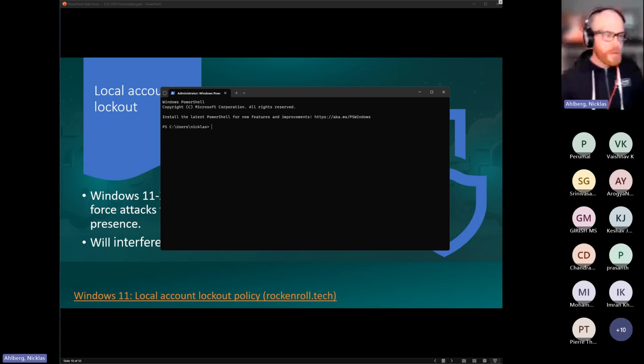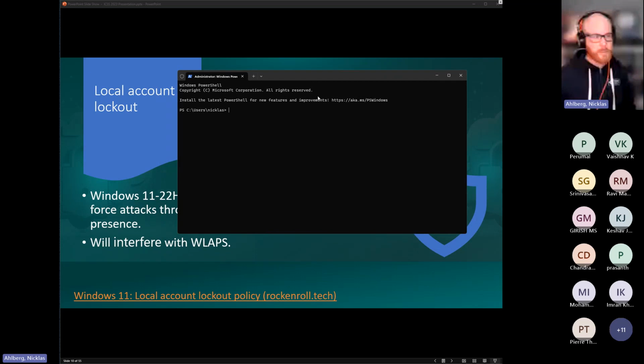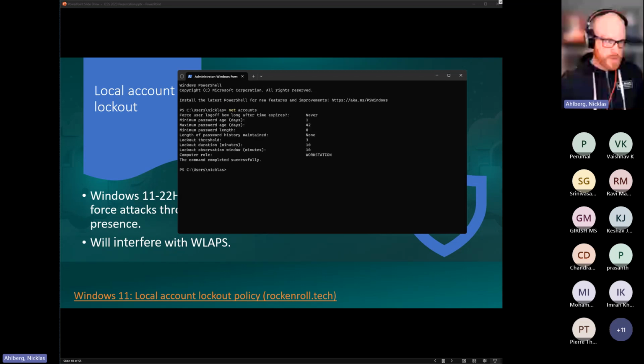So there is no possibility to use Intune with the policy CSP for this as of now, but you can use other ways. And if we have a look at a command here called net accounts,